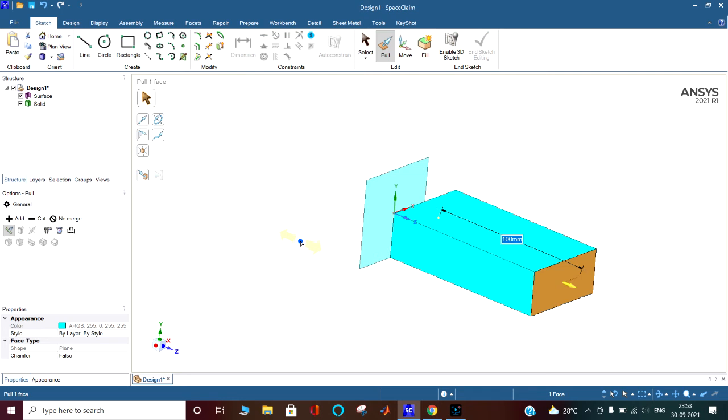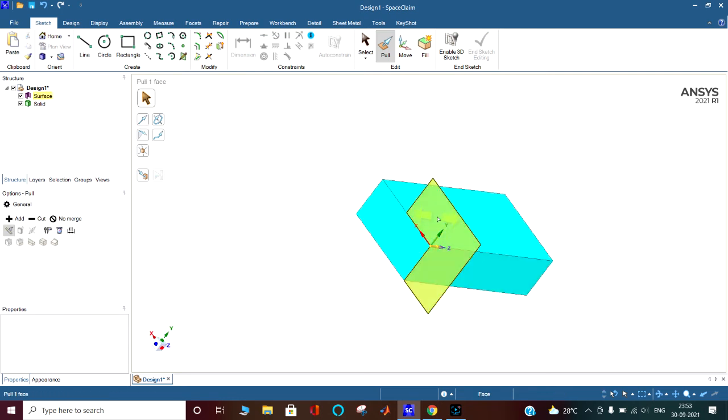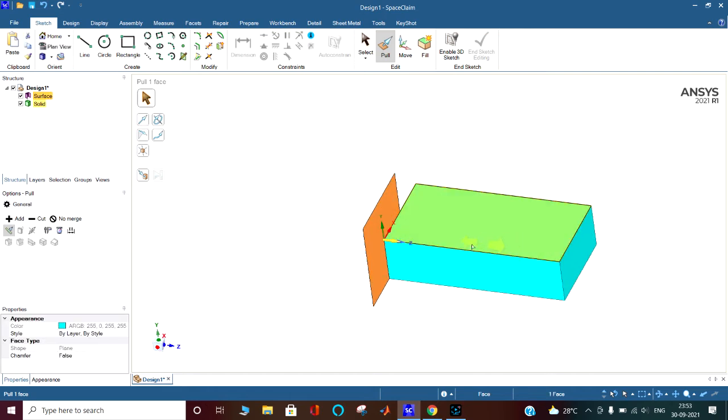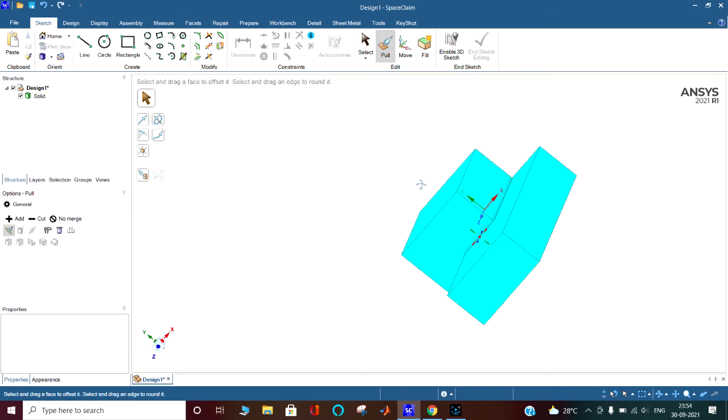Okay, this Pull tool works like this. There is another Pull tool. See here, this time I am not able to select the below portion of this square, because I have already pulled or extruded it. By extruding, this surface has combined and formed one surface. So whatever you want to do, you can just click. This is 100, and I want to make it 50. Okay, now it is 50.